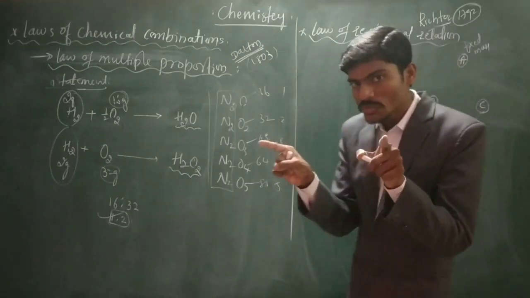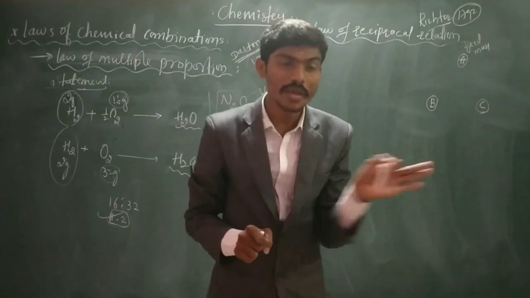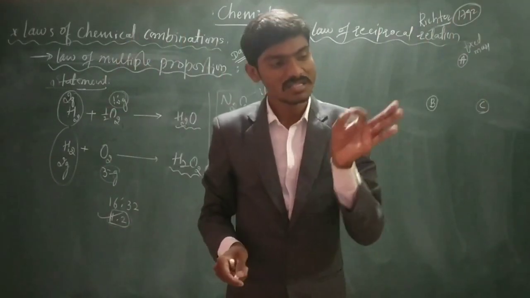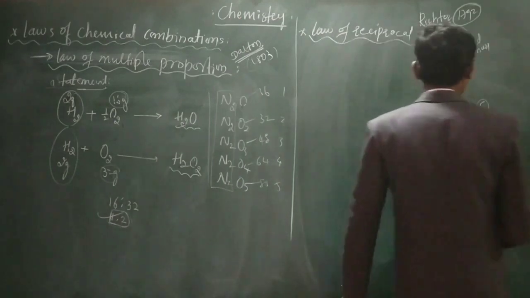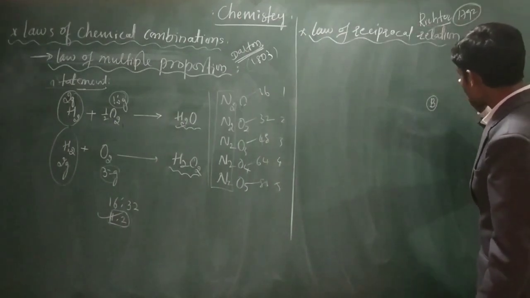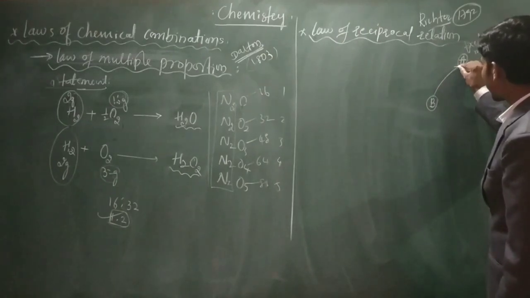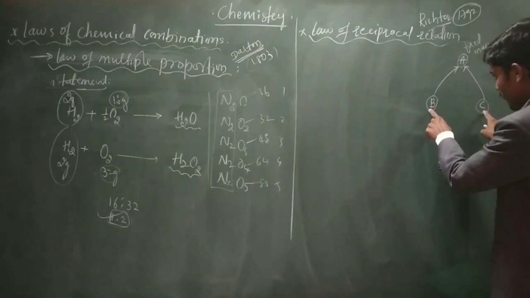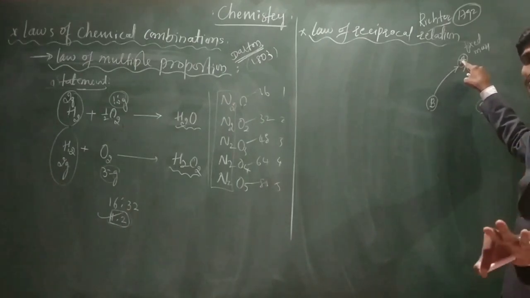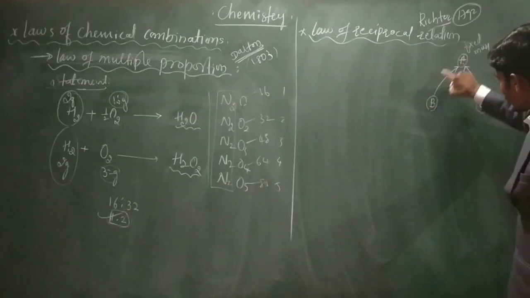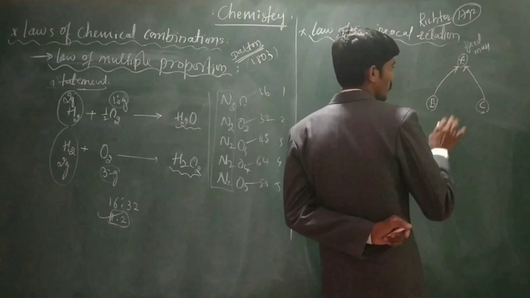When two elements combine with a fixed mass of a third element, the ratio in which they do so is the simple or some simple multiple of the ratio in which they combine with each other. Look at this. When B is reacting with A and C is also reacting with A independently, when two different elements combine with a fixed mass of another element, they do so in such a way that the ratios in which they combine with the fixed element, ये जो रेशियो है इसका, देखिए फॉर एग्जांपल, पर्टिकुलर एग्जांपल कंसीडर